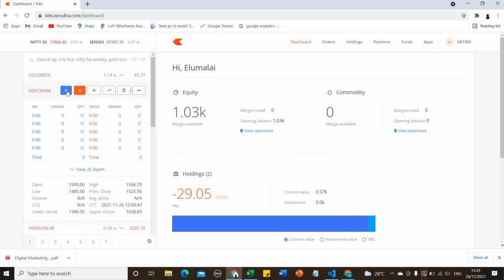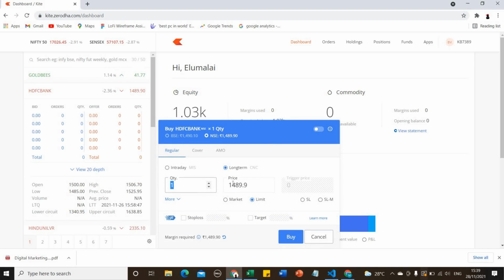Go for the buy option and click buy, and it will appear like this. In this column, you can see market and limit. There are two sections. Market is nothing but the current market, what the market value currently is, with its ups and downs. If you want to buy at the current market value, for example, today the market is closed. If the market opens, the current value in the market column shows something like 1,400.